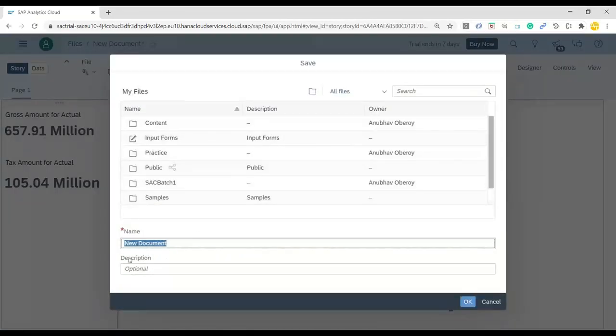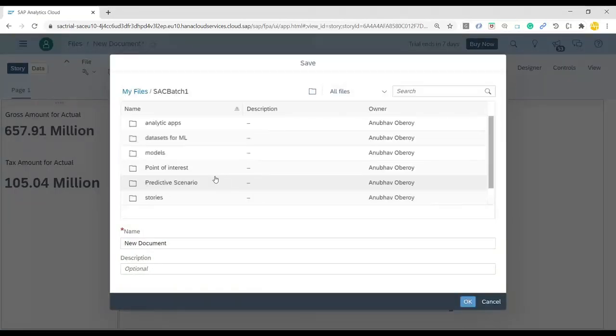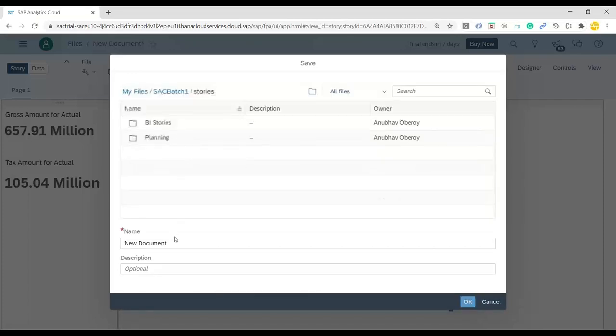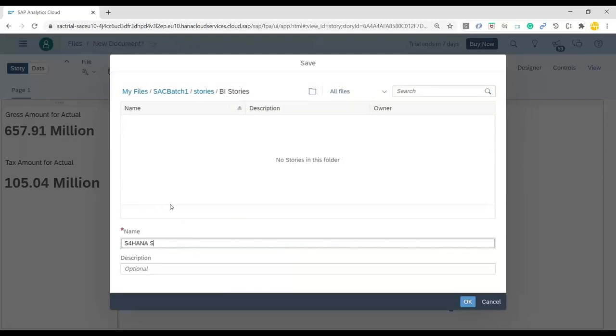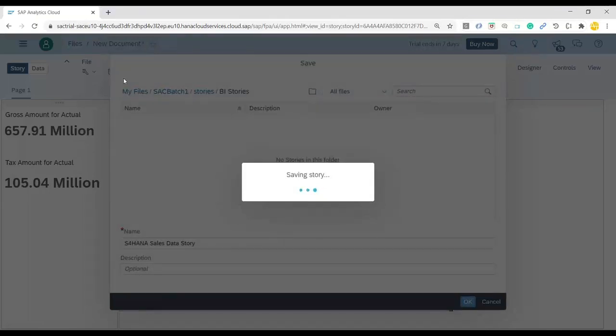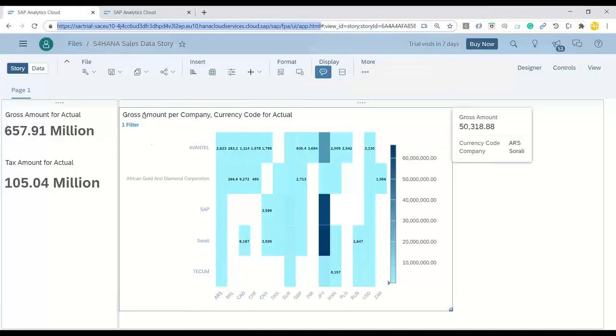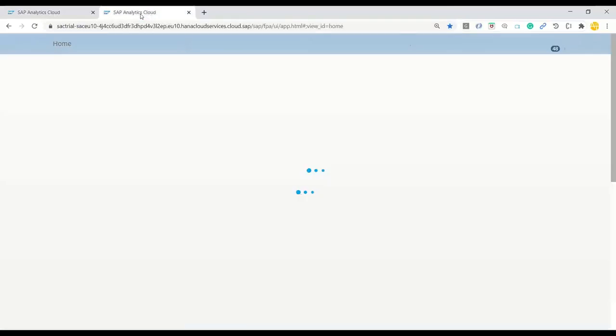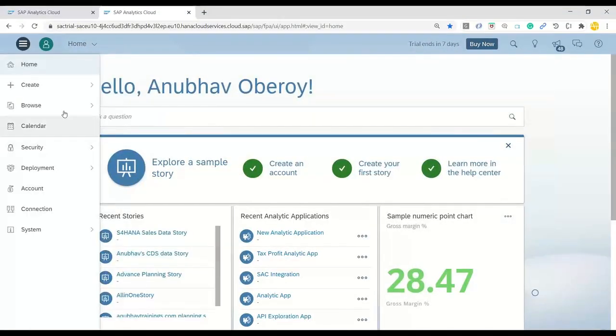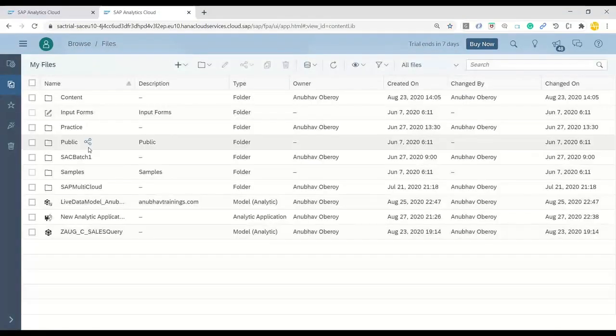Let me show you that. So I can first save this story, go to SAC batch, and we'll go back to the stories. So BI story, S4 HANA sales data story, and I can open a new session. So just take up to the hashtag and duplicate the session. I don't want it to come out of my story. I wanted to do it parallelly on the other one,